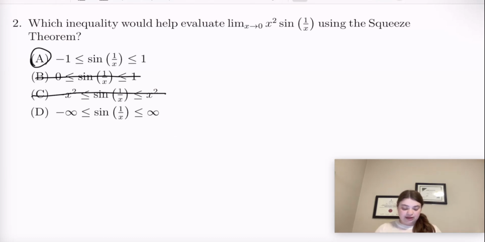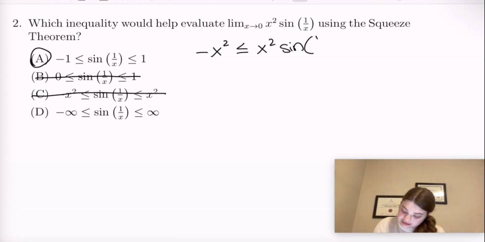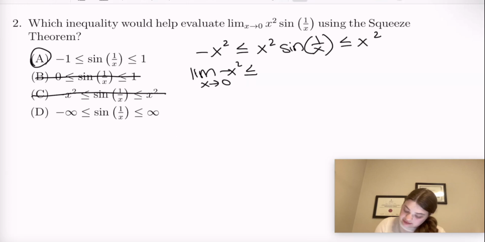So first thing I'm going to do is multiply both sides by x squared. So if I take this and multiply both sides by x squared, I would get negative x squared is less than or equal to x squared times sine of 1 over x less than or equal to x squared. Then I'm going to take the limit of all of them as x approaches 0. So limit of negative x squared as x approaches 0. And then over here, limit as x approaches 0 of x squared times sine 1 over x,